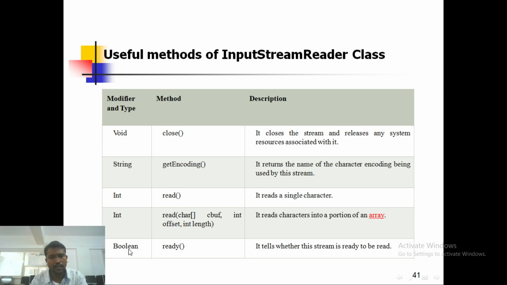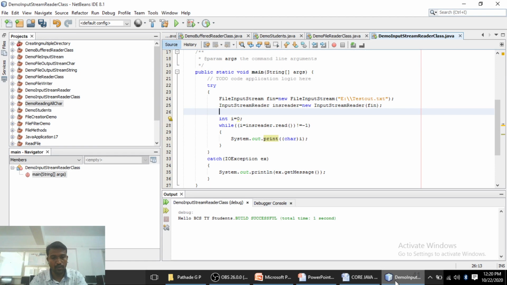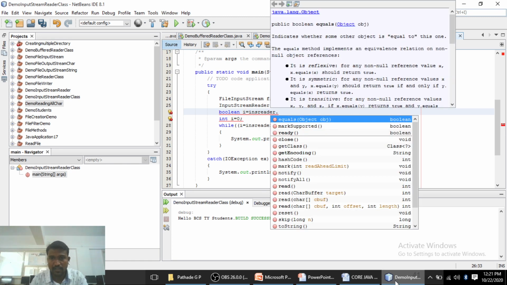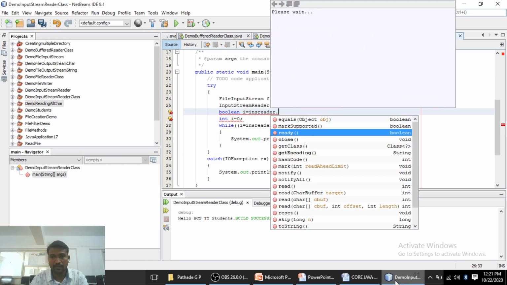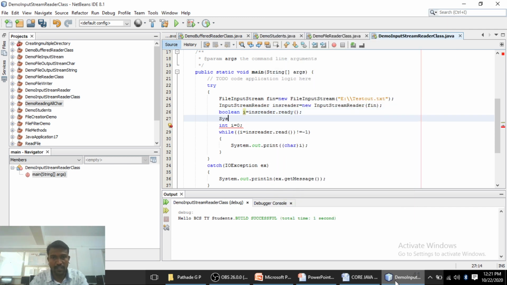Its return type is boolean. So you have to use the boolean return type, that is boolean j equals the object of this ins reader dot ready method, semicolon.